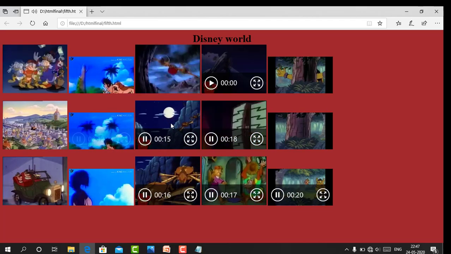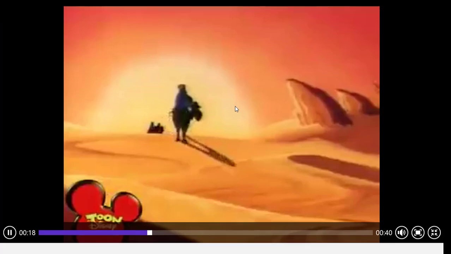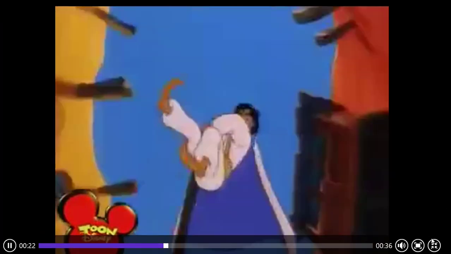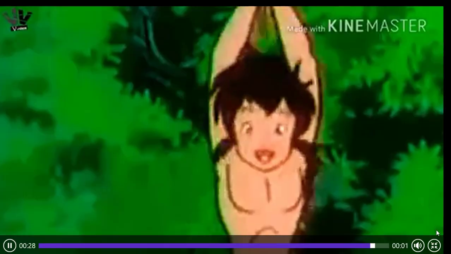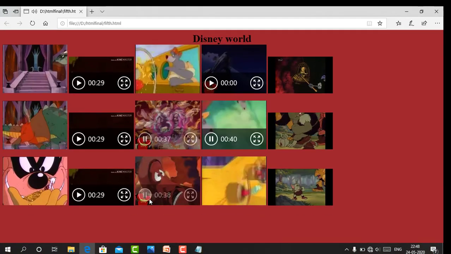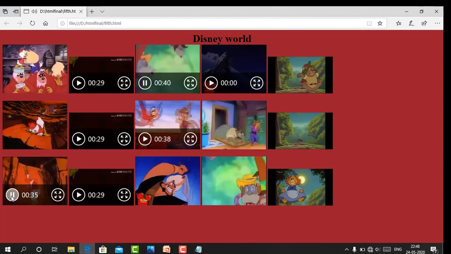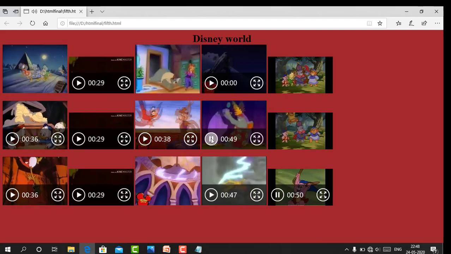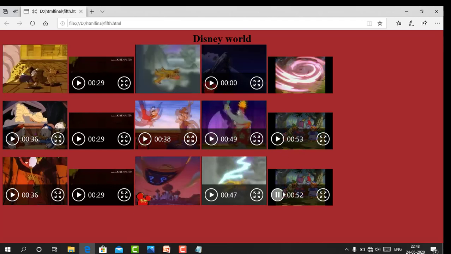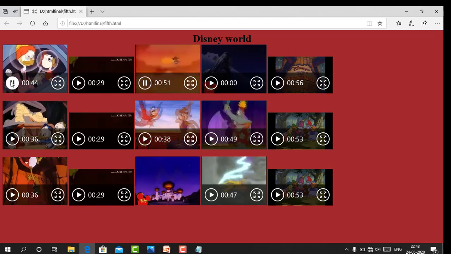If you want any video, just zoom out. You can see different videos. Stop all of this. In this way, you can upload multiple files and you can play multiple files.